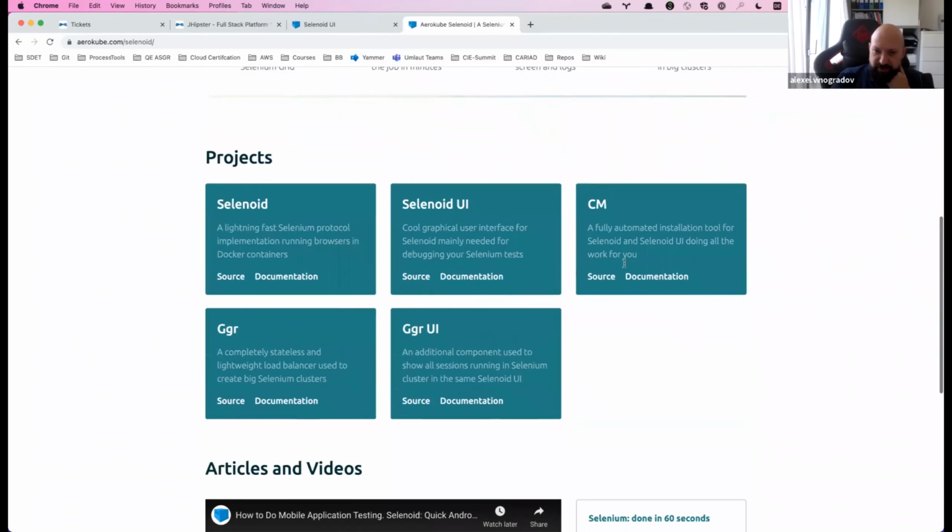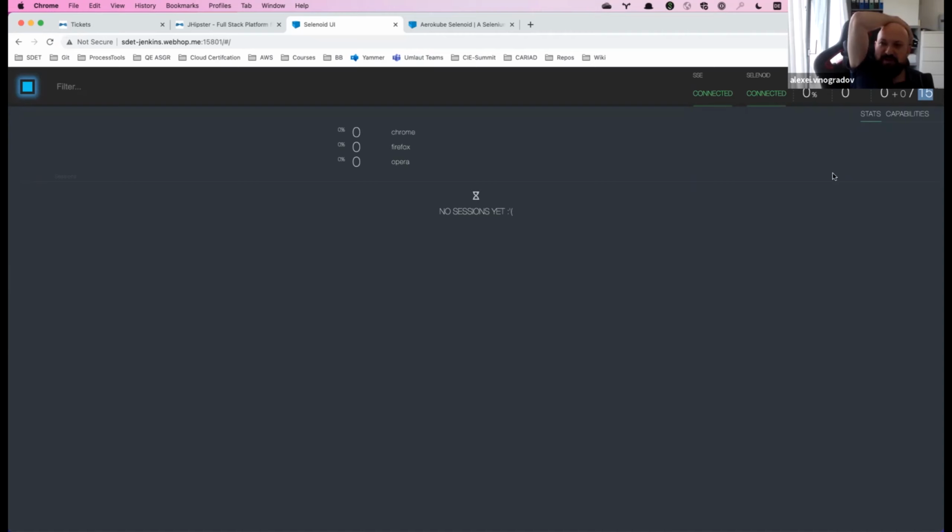But here, a word of warning, because I've actually used a lot of time to understand what's happening, and it's a typical beginner's problem, I think, when you experiment with these things. I was using cheap cloud machines to experiment with this, and it was actually my problem, because every browser eats RAM and CPU, and approximately for one browser you need at least 1 CPU and 1 gigabyte of RAM.